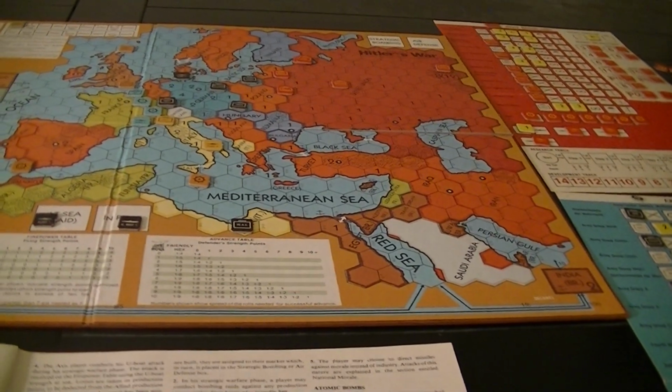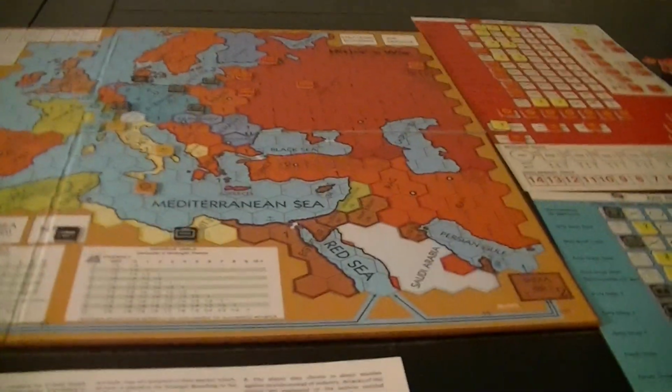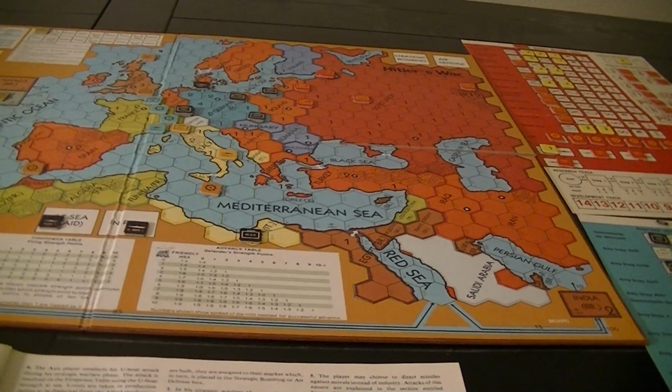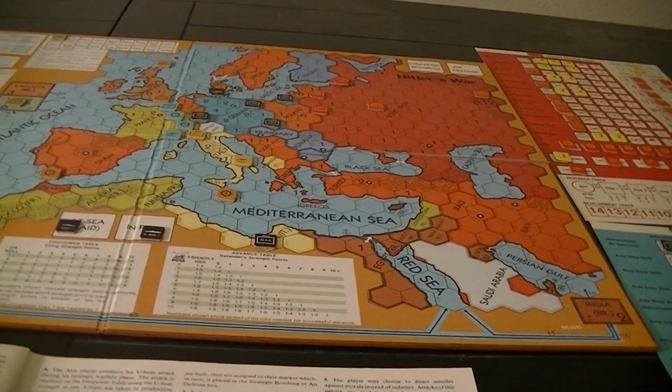Okay, here's another one that can cause some real problems. Partisans. The Allied and Soviet player, even after surrender by the Soviets, can try to buy